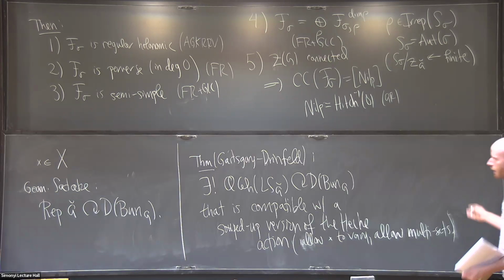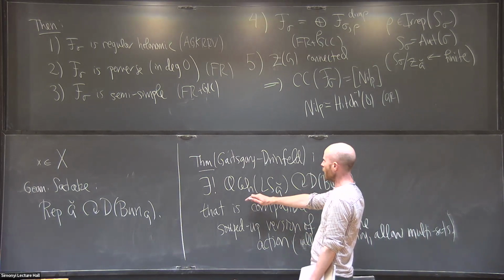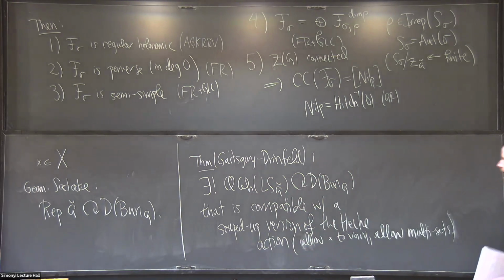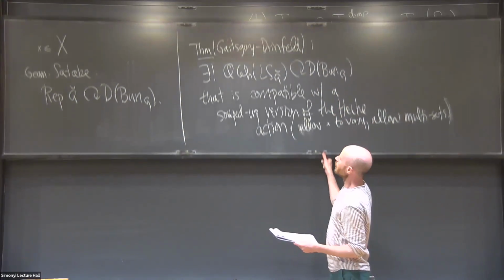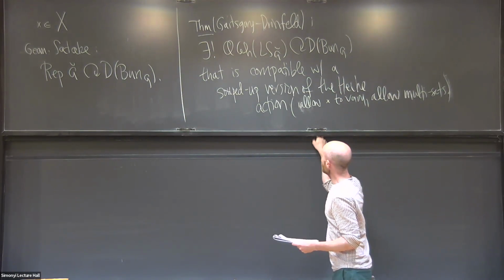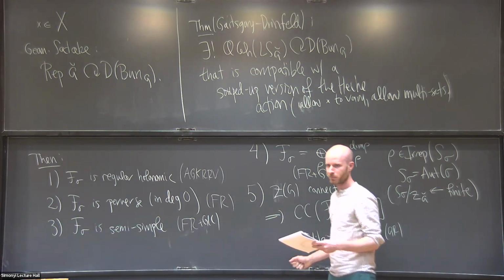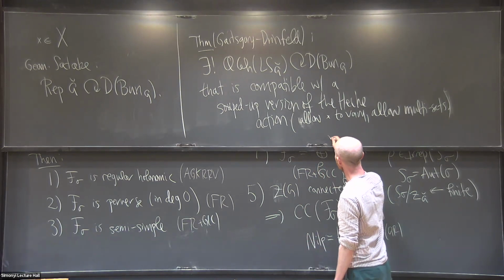And if you say a bunch of formal words to make that very precise, then what they prove is that there exists a unique action of quasi-coherent sheaves on LocSys G check, which is compatible in the natural sense with this Hecke action. Compatible means with this kind of compatibility, so it means the following. So if you take